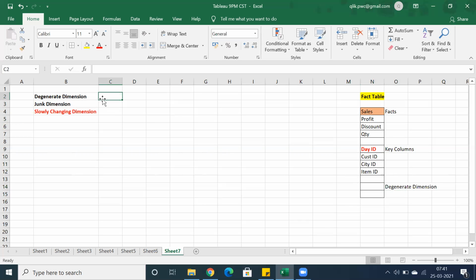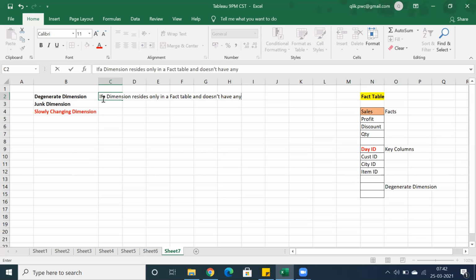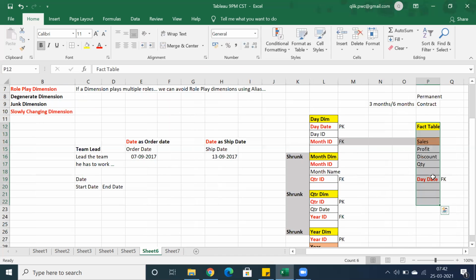Basically we can tell that if a dimension resides only in a fact table and does not have any dimension table. Let's take an example here. For that specific column, we have day date, which is present in the fact table.